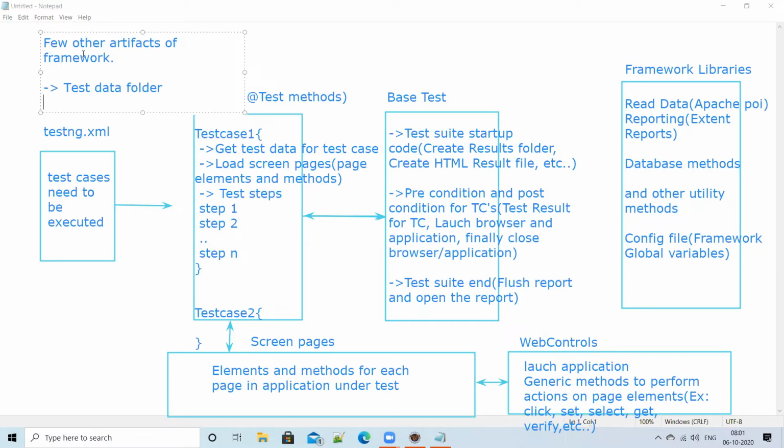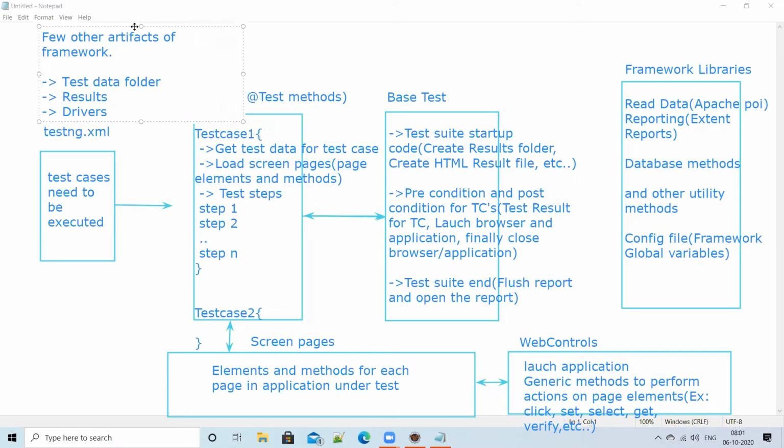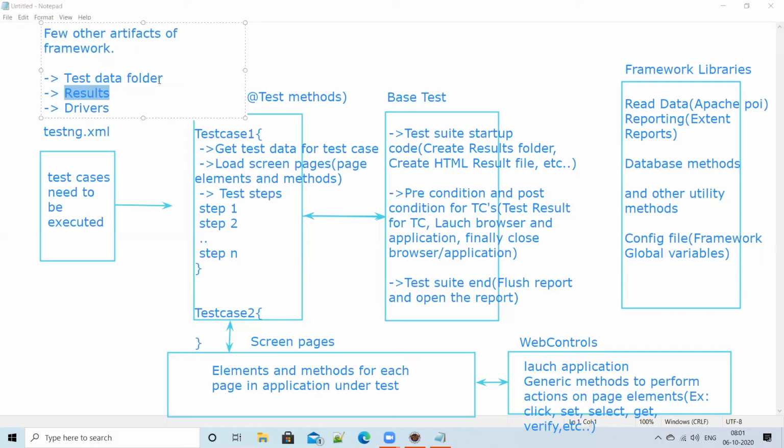Next, the results folder, and what else? Drivers. All these different folders you are maintaining. Under the drivers folder you maintain chromedriver.exe, IEdriver.exe, and so on. The results folder holds the HTML results after execution, and you have the test data folder. Another most important thing is pom.xml.